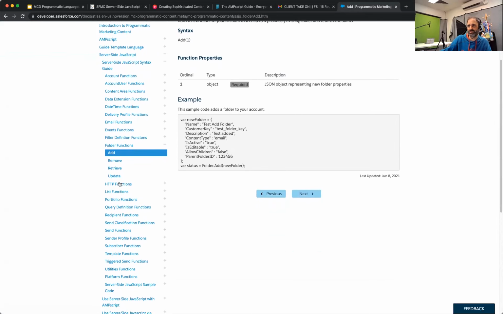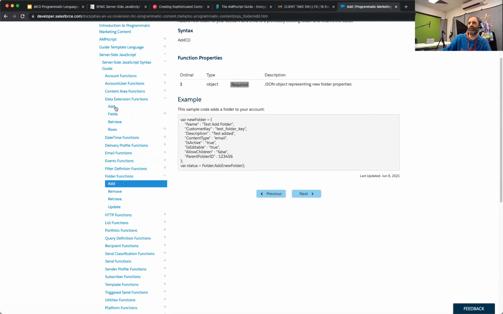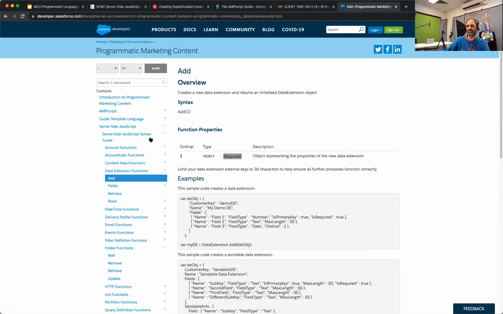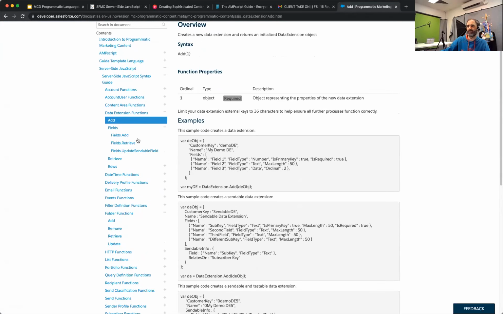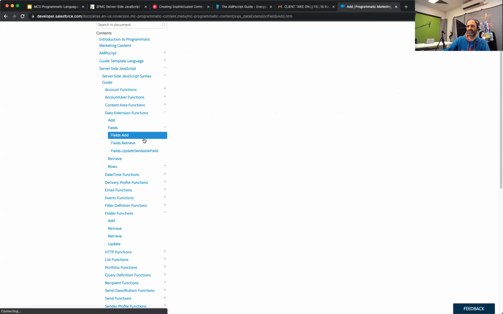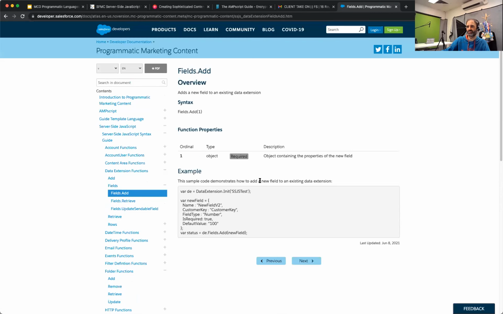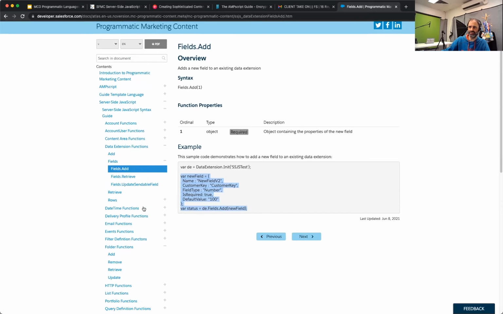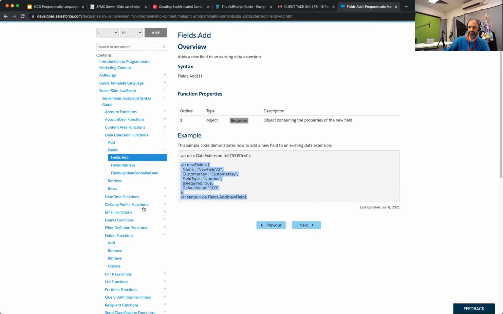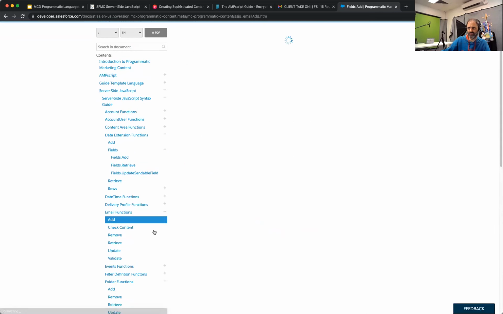Update folder names. We can go and data extension function. We can go and create data extensions. We can go and add or update fields and data extensions. But you see that we've got these, again, just these operations, and limited on certain properties on the object. Probably a big example of this would be